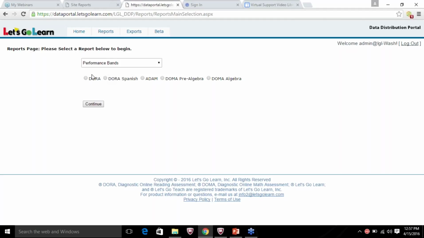What performance bands also allows you to do is compare it throughout the year, that first test compared to a second test. So as you're getting towards the end of the year testing, which we really recommend that you do, you can take a look at how the students have made gains overall as a whole. And that's a really nice graphic chart to show you those gains.